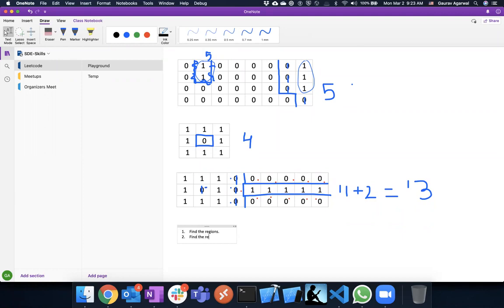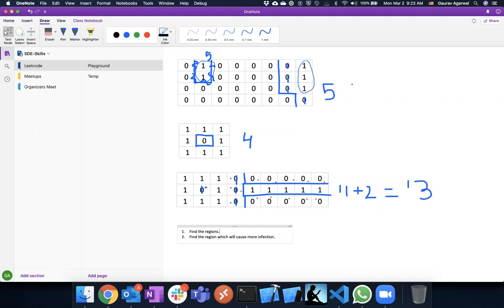Find the region with the higher number of affected cells, which will cause more infection, right?